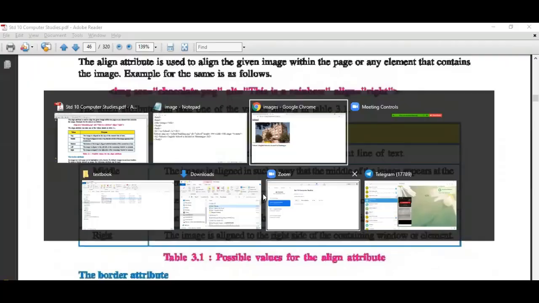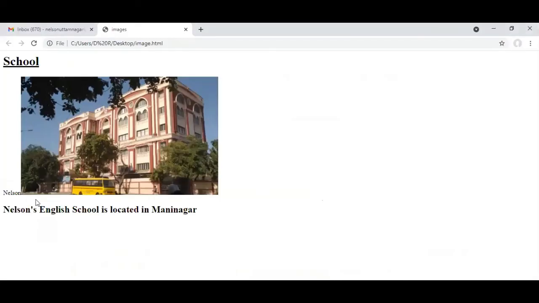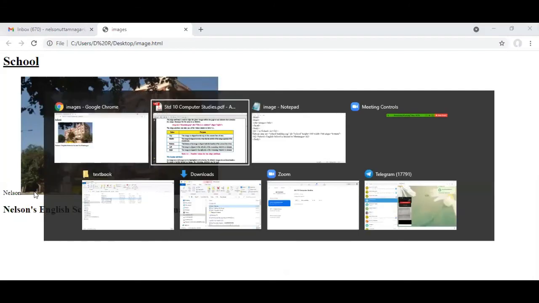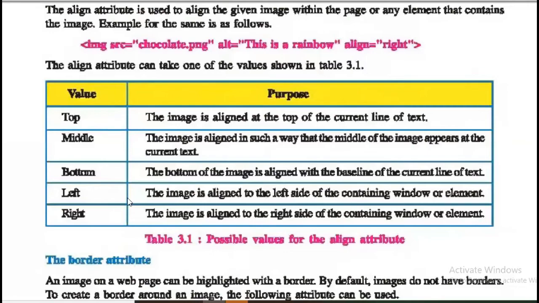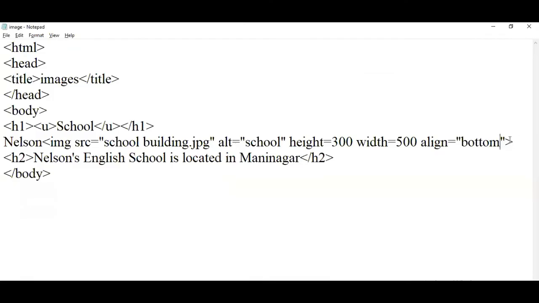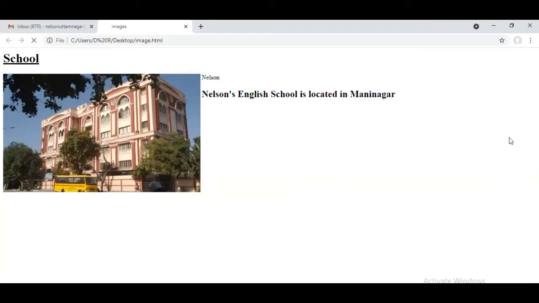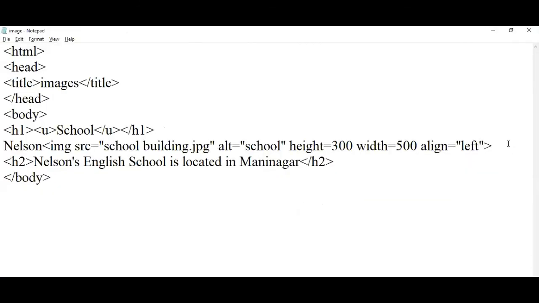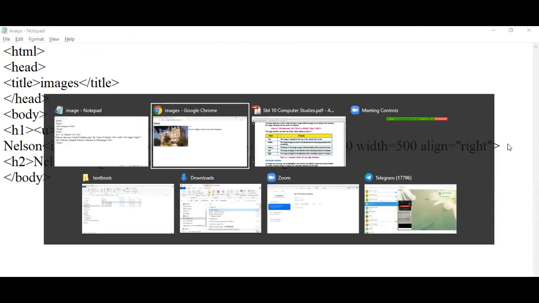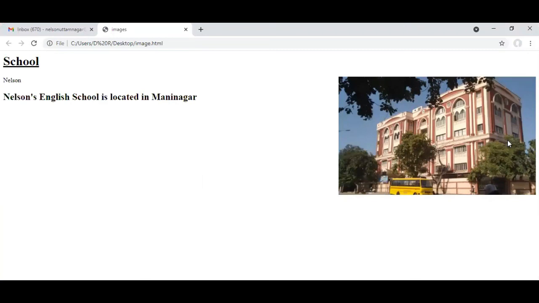So the current line of text and the baseline, the bottom line of this image, are aligned. Now left and right. Like this. And now we are making it right. Like this.